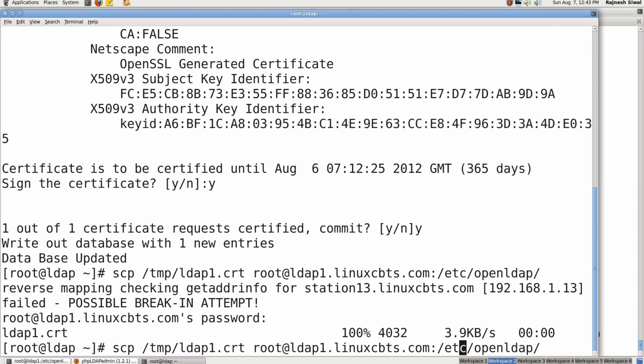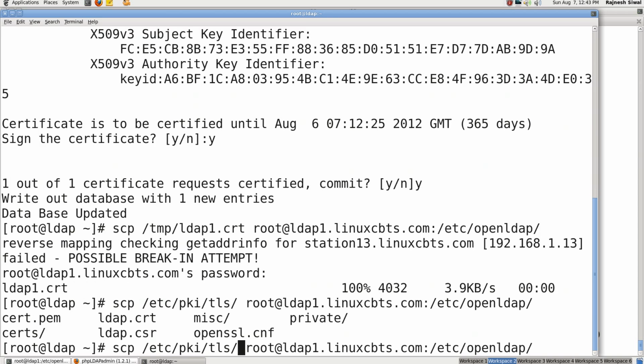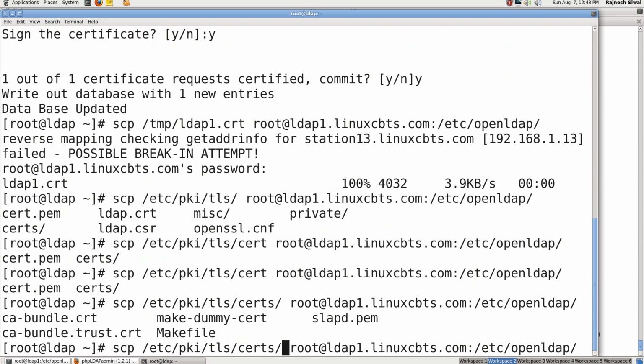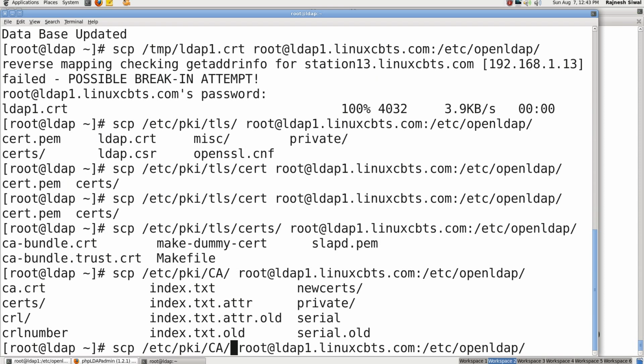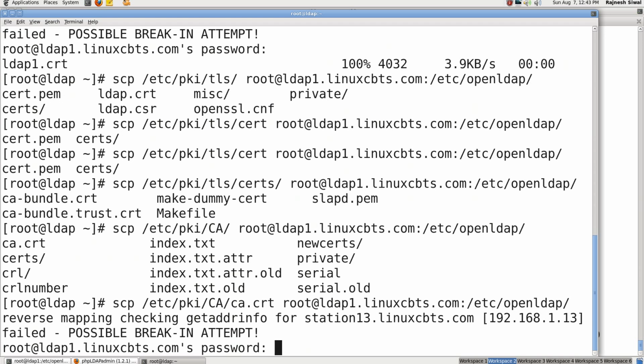The second thing I have to send is the certification authority certificate, ca.crt, so I am sending it also.